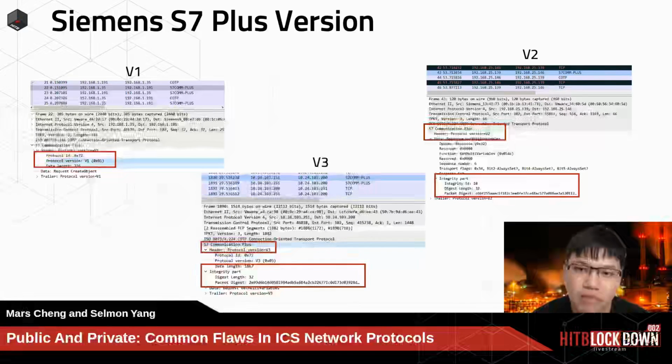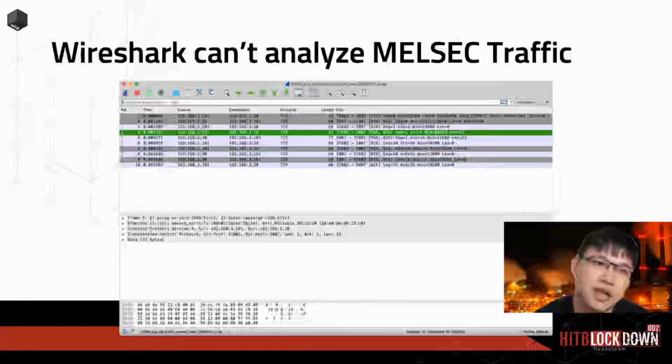However, S7 Plus has been researched by many hackers, malicious hackers and white hat hackers alike. Even in its newest version 3, there are still some vulnerabilities and security flaws in those protocols. So we can still try to attack, even though it is already considered a cybersecurity issue in the protocol. So we still need to do our best to design a secure protocol for ICS.